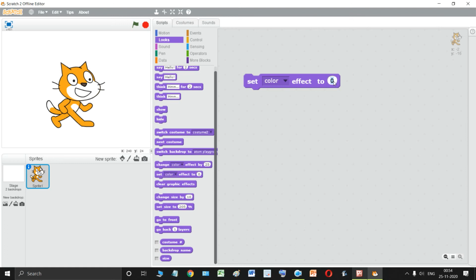Suppose I specify 50. Okay, suppose I specify 50, and if I want to change the color of this sprite, so I'll click on this, and now this color is set to it. Okay, now it is not going to change no matter how much I click. Okay, no matter how much I click on this tab. See, I'm continuously clicking, but it has changed its color to 50 value.